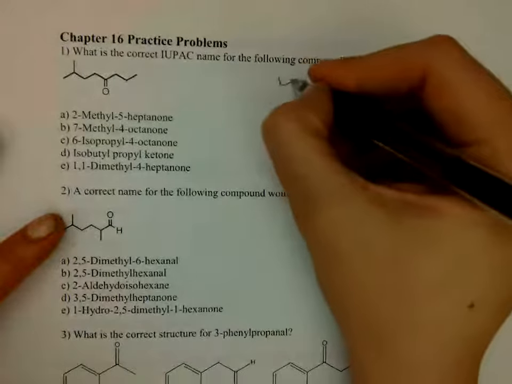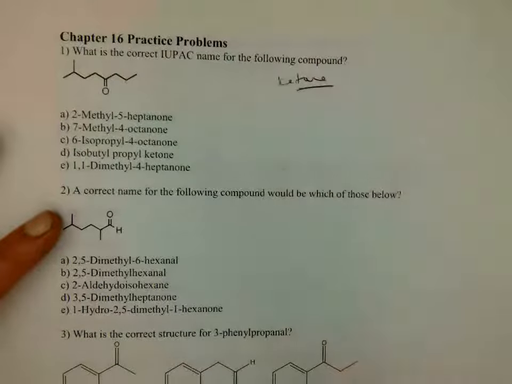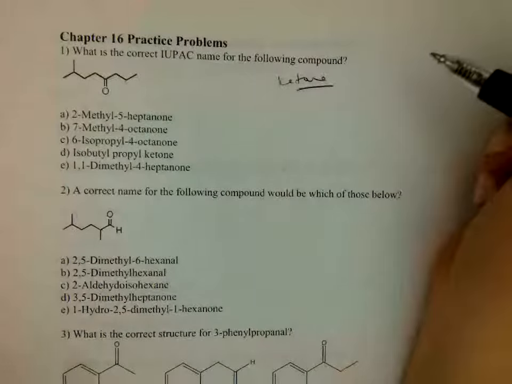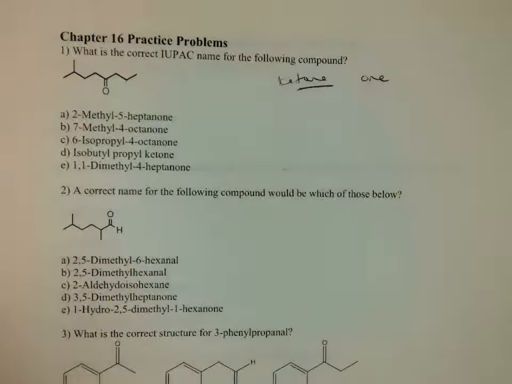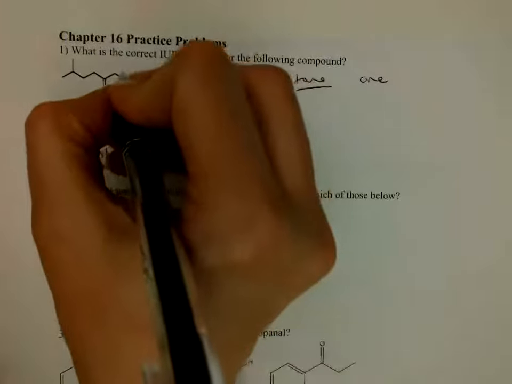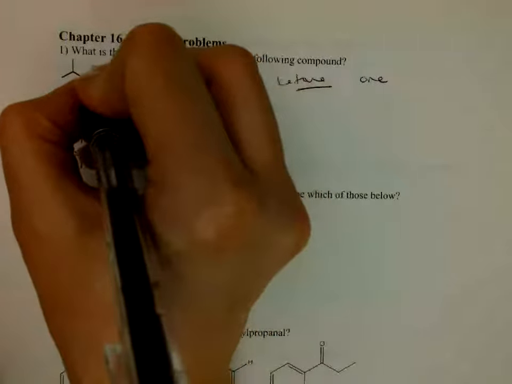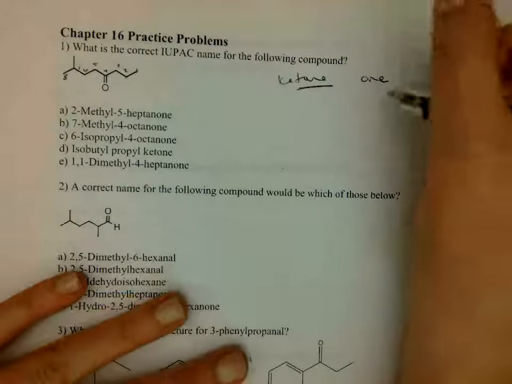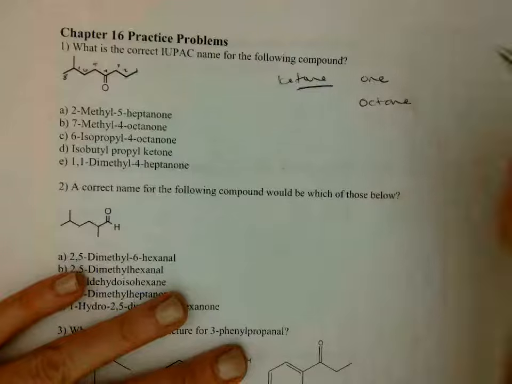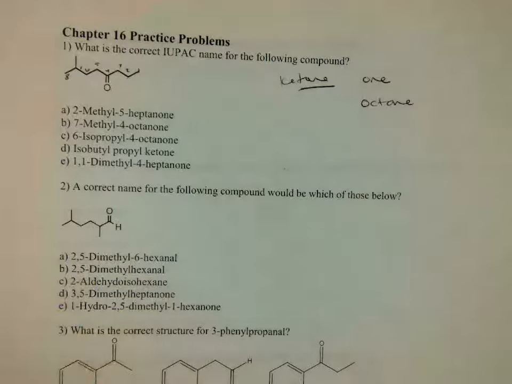So for ketones, that O-N-E is going to be your suffix. It comes at the end. It's not a prefix, so it's going to end in "-one", whatever it is. And then I count up the parent chain. So 1, 2, 3, 4, 5, 6, 7, 8. So the parent chain is 8. So whatever else, it's going to be octane, but we're going to obviously at the end have octanone instead